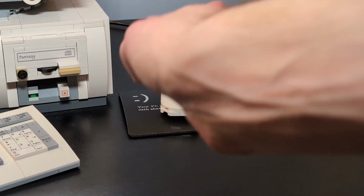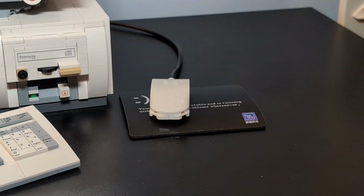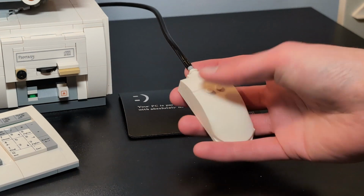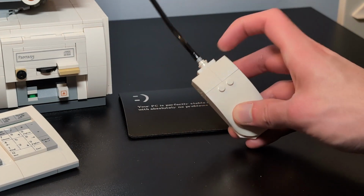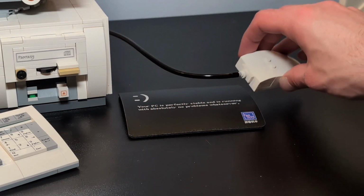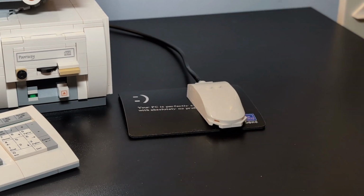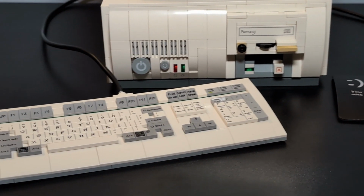The mouse is pretty small. Again, here's my hand for scale. That is way smaller than a normal mouse would be, but the overall relative shape is there. You got suggestions of two buttons even by using two separate parts. It's fine. It does connect to the back by a cord. I'll show you how all the cord connections get done in a second, but shifting over to the keyboard,